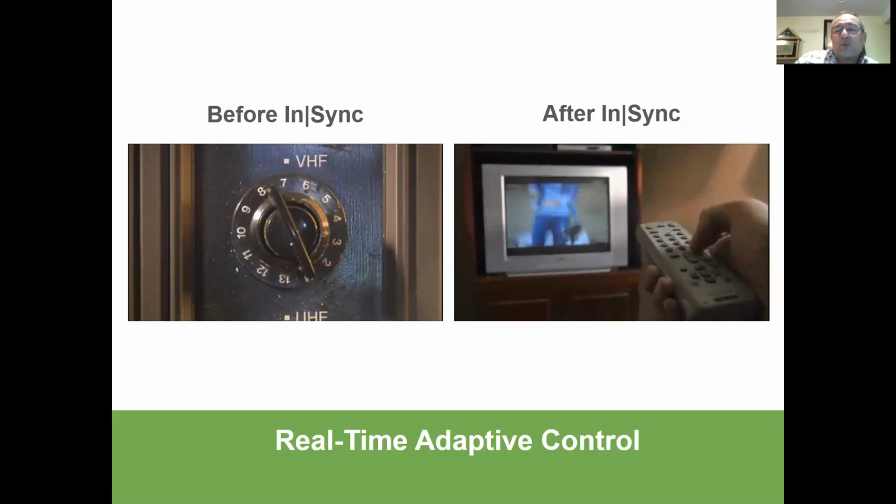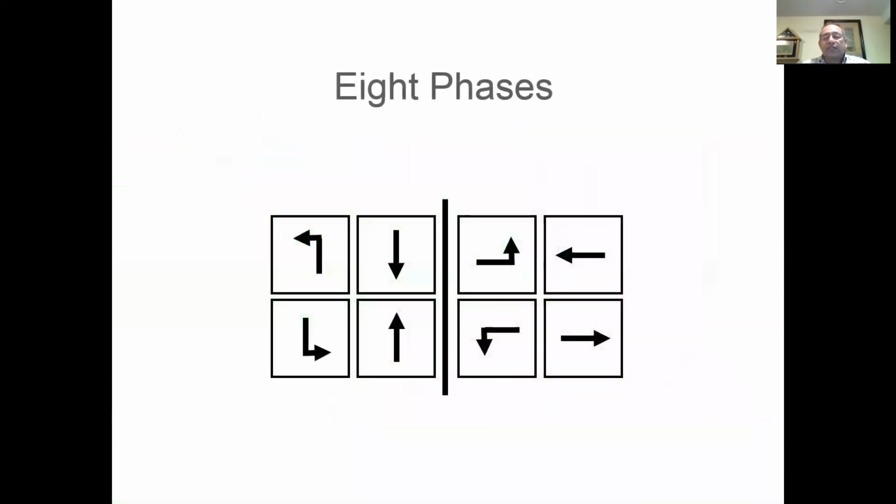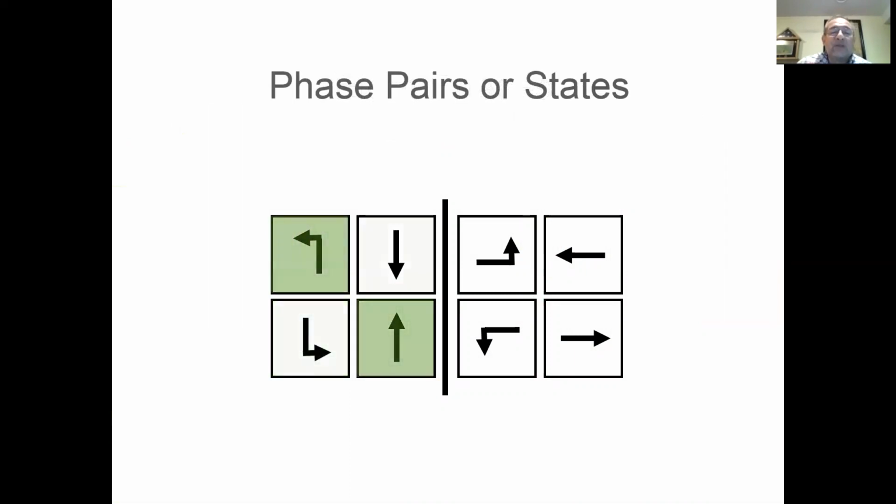So we look at our system as a true digital state machine. And the reason we say that is because our system is maintaining the complete configuration. It keeps track of everything that we want to happen at that particular intersection. So if you look at your traditional intersection with 8 faces, and we start looking at what's happening there on a 24/7 basis, 365 days a year, we know that when we go to a particular intersection,